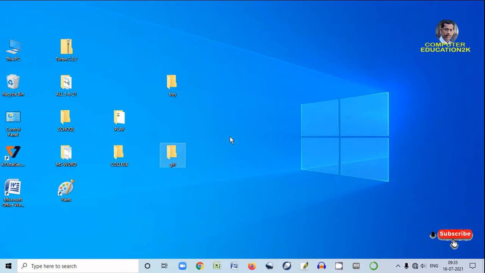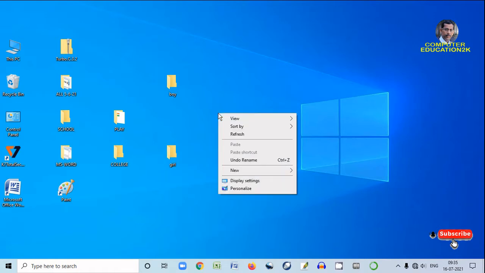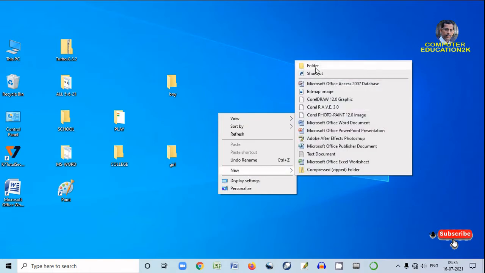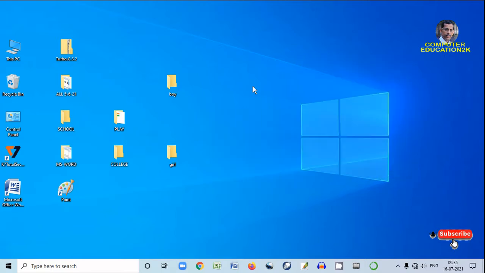So I have created two folders, one boy and another girl. Now you understood how to create a folder: right click on desktop, new and folder.